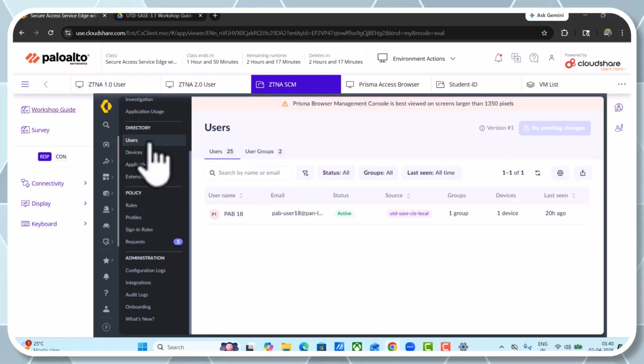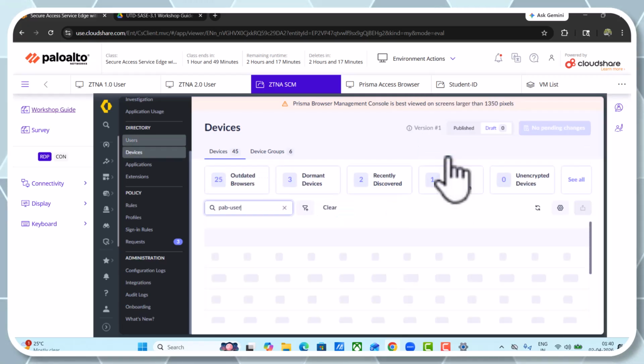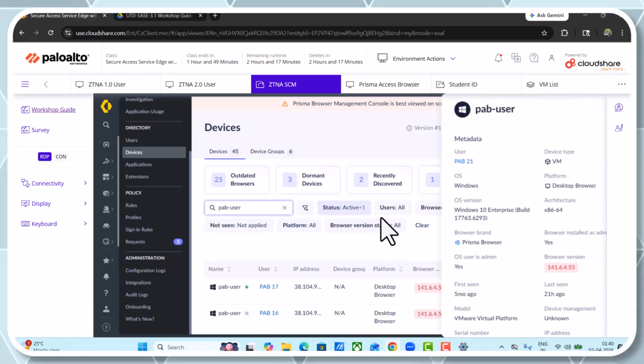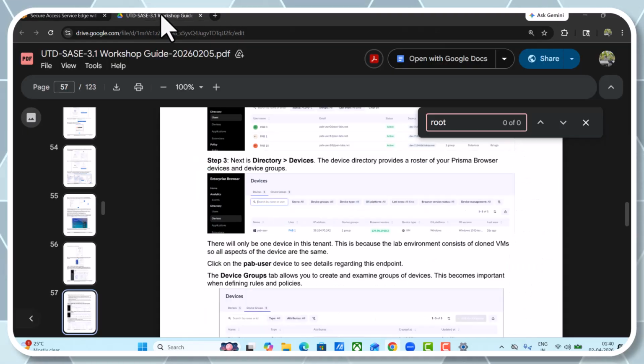You can again click on user, or we can close this. So this is PAB user device. We can see here this is email, this is username, and this is my PAB user device. This is Windows basically. So that Windows details basically we are getting here. This is my PAB user device. Okay, now